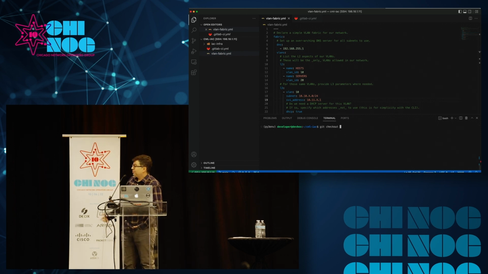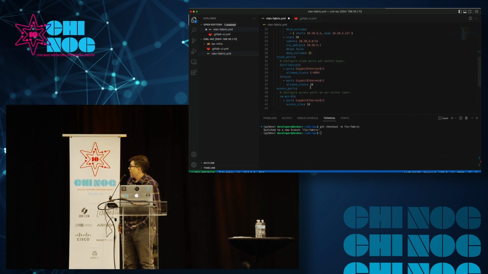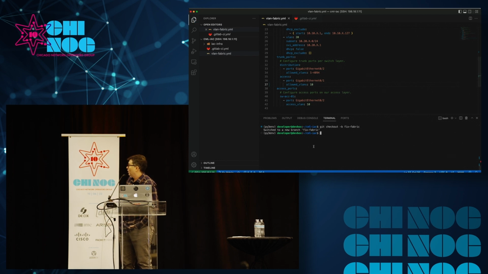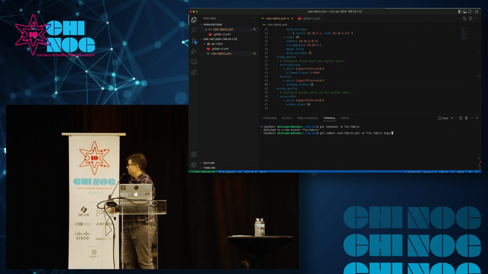So we've got some bugs. We're going to create a branch to fix these bugs. So we'll create a branch off of main to fix our fabric, and we'll fix a few of the typos we had in the file. We'll change the IP subnet. It was mistyped. We'll change the VLAN, and then we'll commit this back into our revision control system,